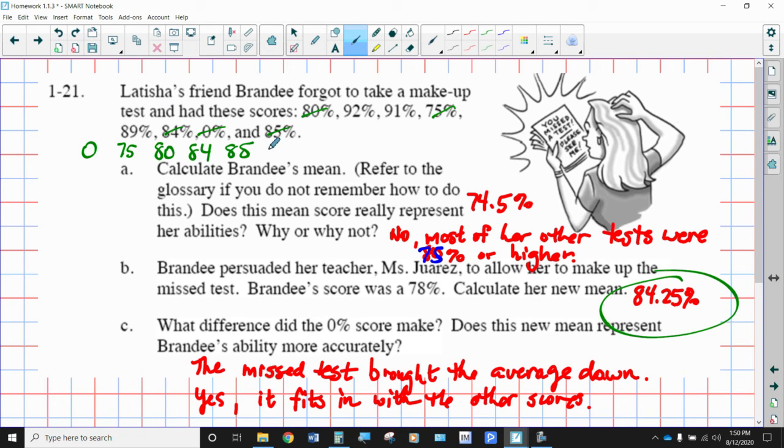The next one would be the 89. Then you got the 91. And then finally the 92. So 1, 2, 3, 4, 5, 6, 7, 8. Our two numbers in the middle are 84 and 85. So whenever you've got two numbers for your median in the middle, you take the average of those two, and lo and behold, they come very close to our mean. The average in this case, or the median average, is 84.5%, which is only 1/4% higher than what her mean